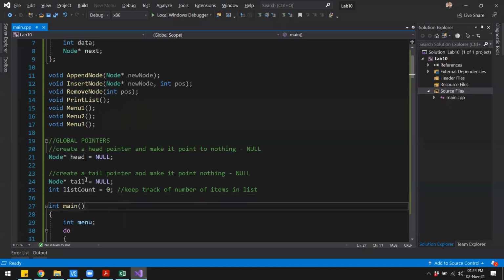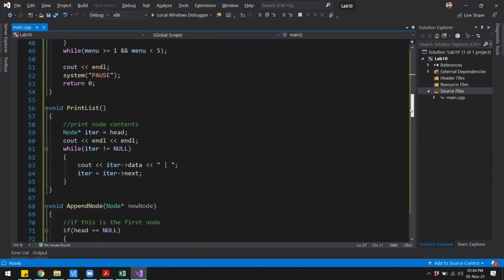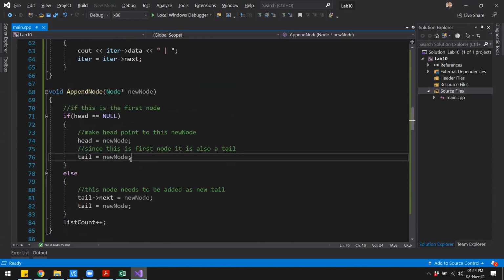Looking at the values of the head and tail, we can know whether the list is empty or there is some node in the list. If the list is empty, then the head will be null and the tail will also be null.